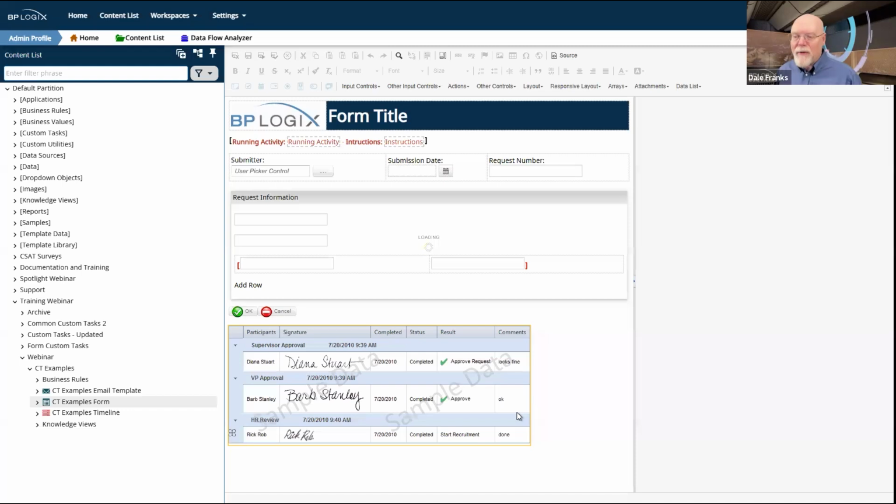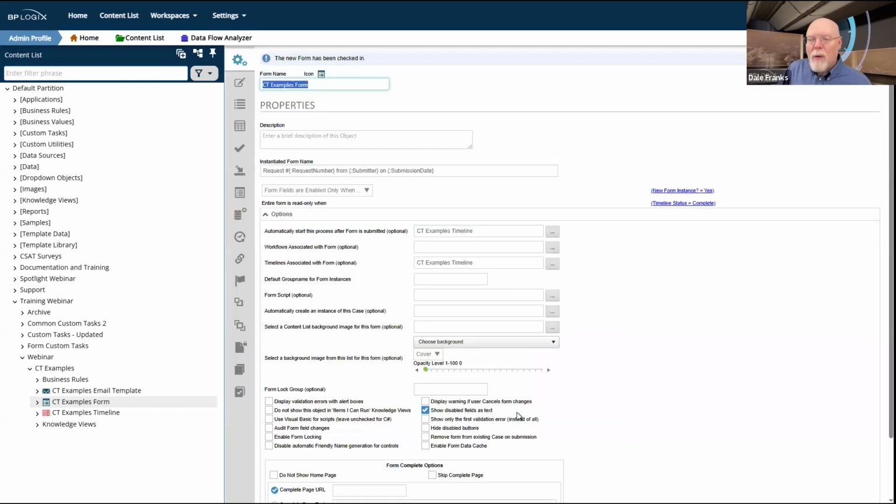And what the set focus custom task does is it allows you to specify the field that we need to jump to when we run into one of these events and the form is reset.